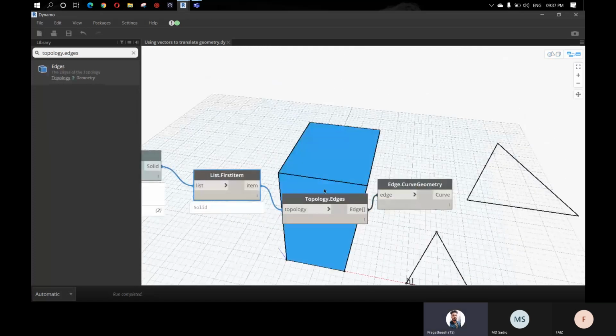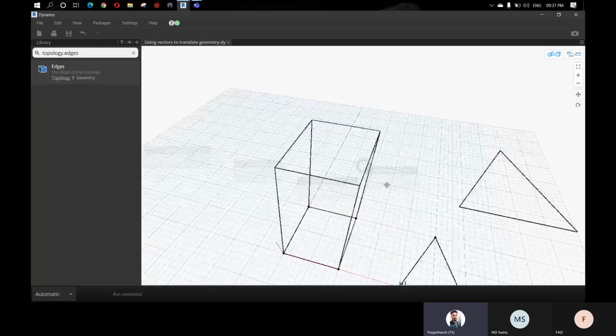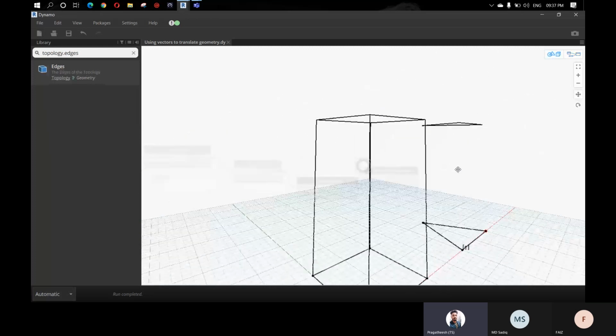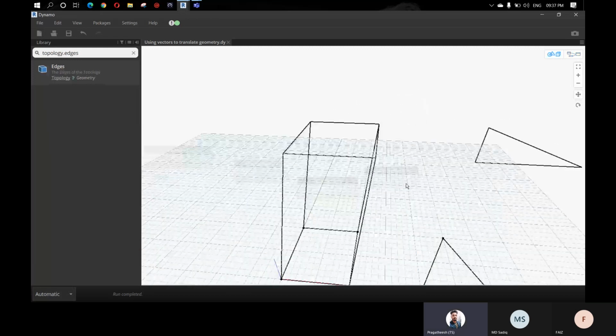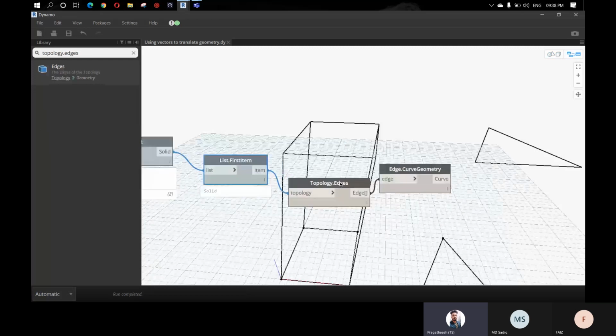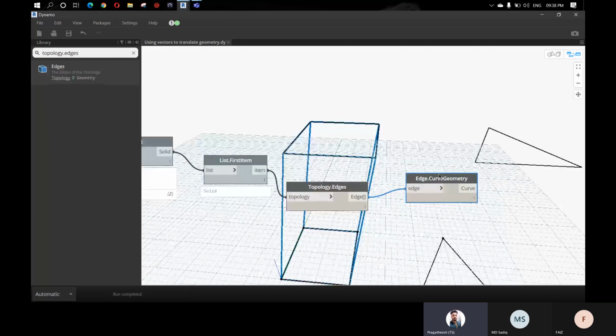If I unview this one, what you're seeing now are the edges of the solid that we have created. This topology node is used to extract edges, faces and vertices within the geometry that we input. In this case this is our input and we have extracted the edges.